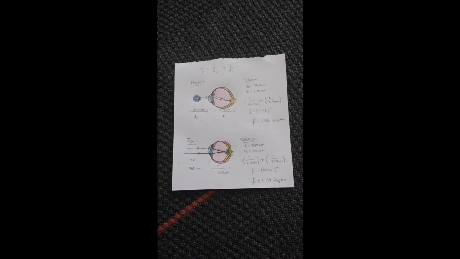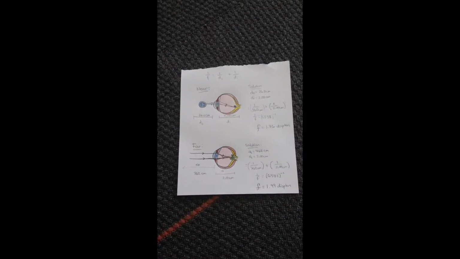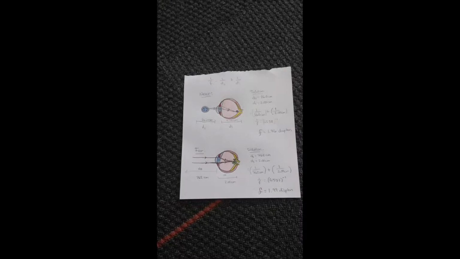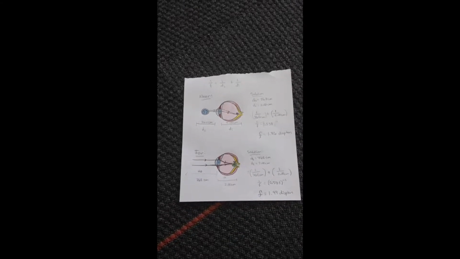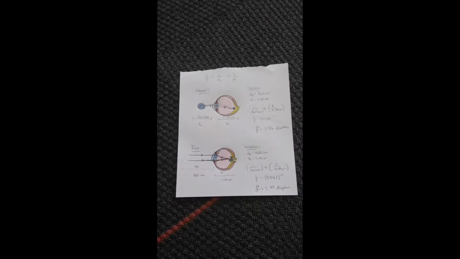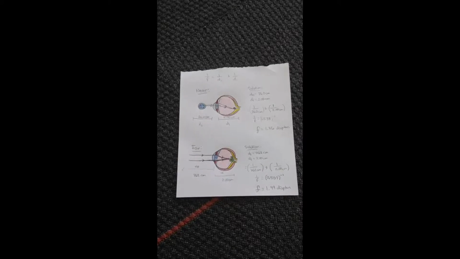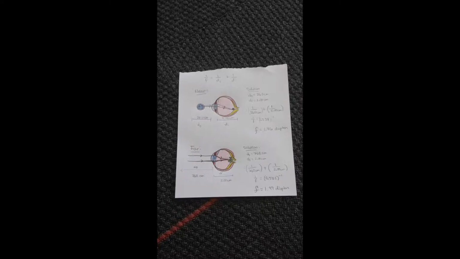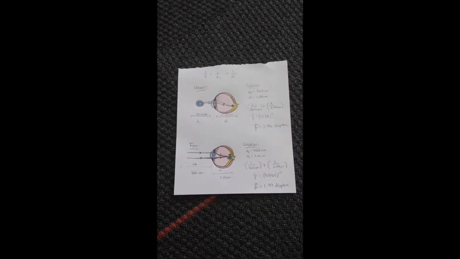The eye has a near point of 25 centimeters, which is the closest it can see without it becoming blurry. It has a far point of infinity. Using the focal length formula, 1 over f equals 1 over distance of object plus 1 over distance of image, we'll be solving for near and far away